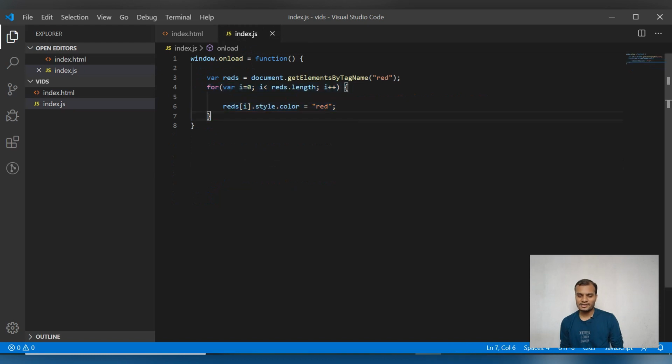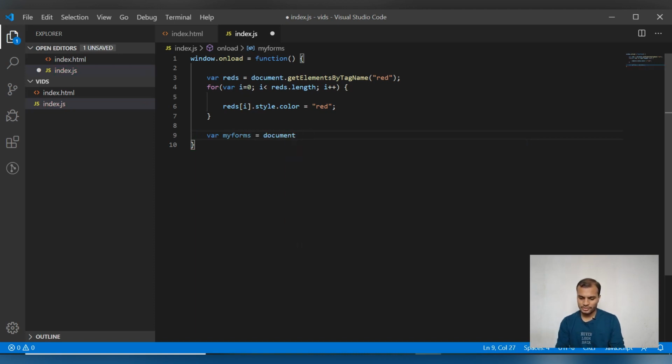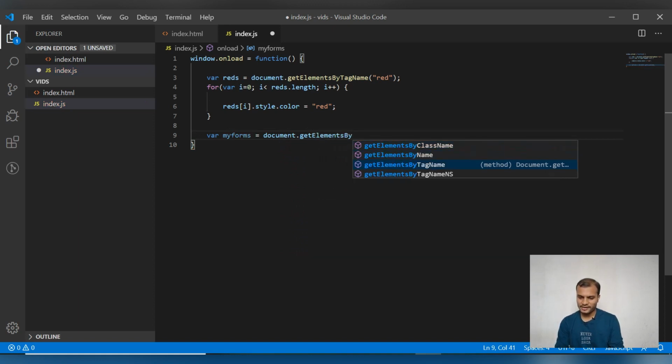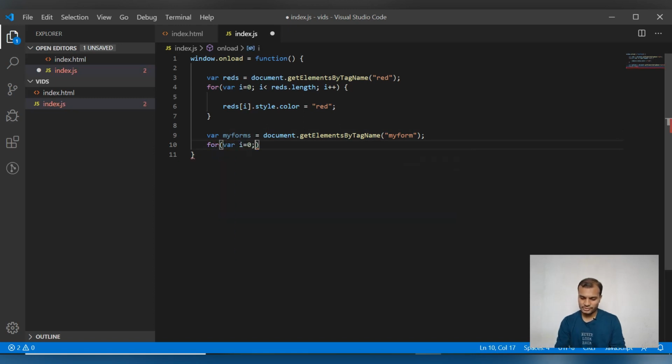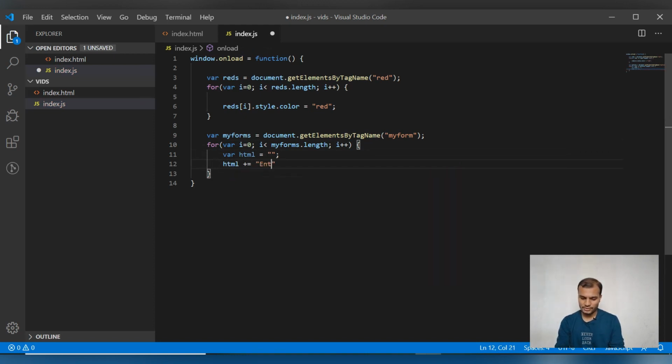So let me do the same thing as I did for the red tag. myForms equals document.getElementsByTagName my form, right? Now looping over this myForms, where i equals 0, i less than myForms.length, i plus plus, and let me define a variable here as blank,